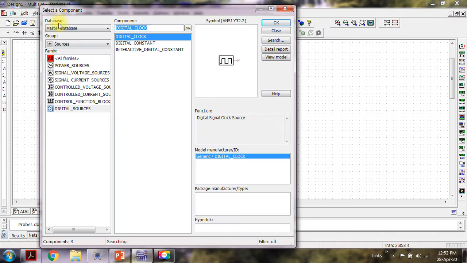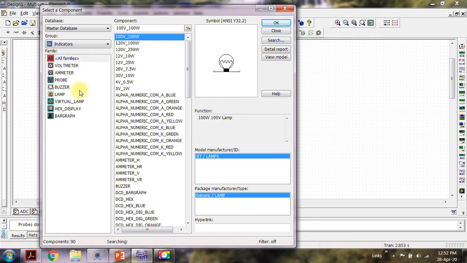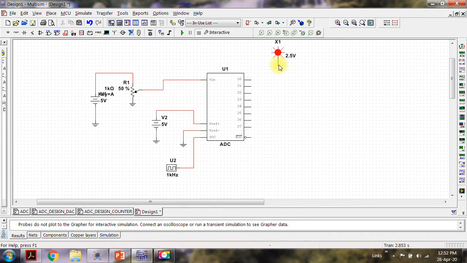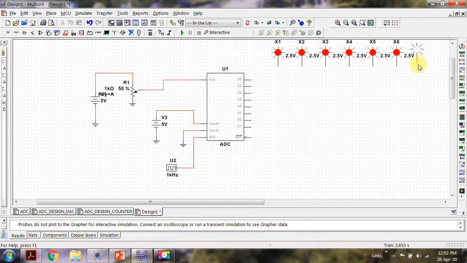Here I am going to place the indicators, specifically the probes, to check the converted value.